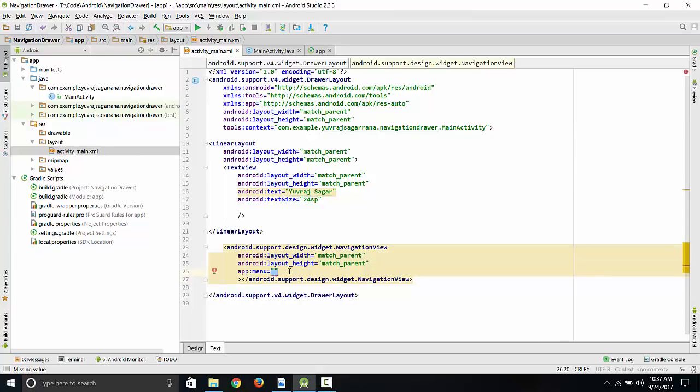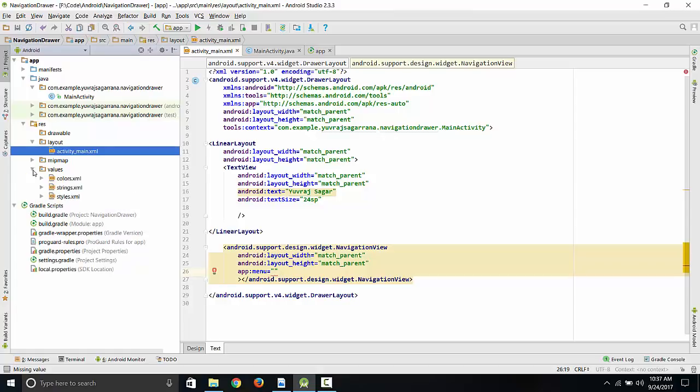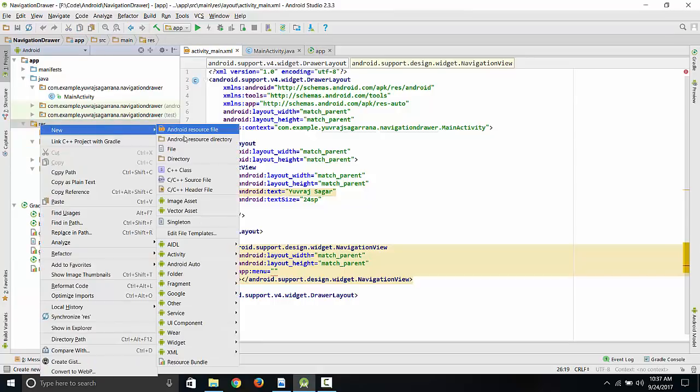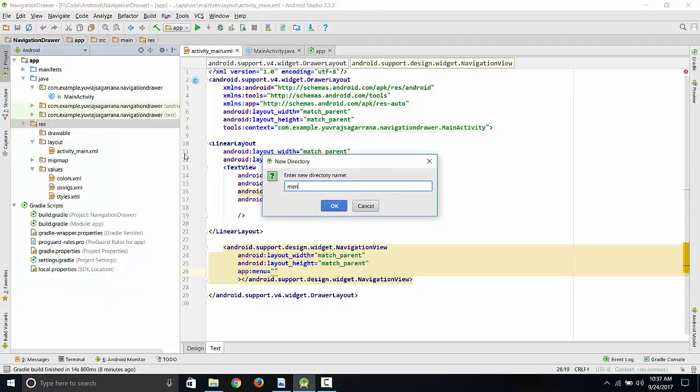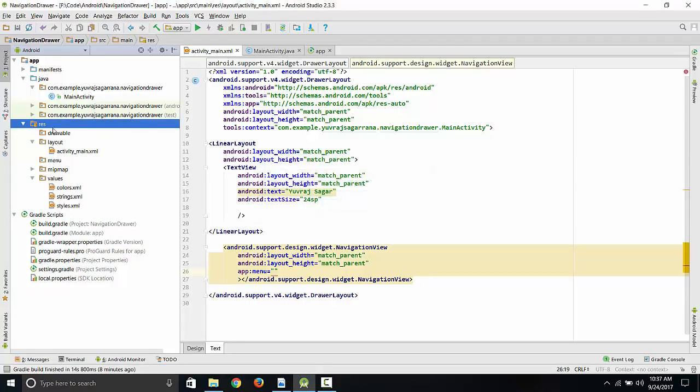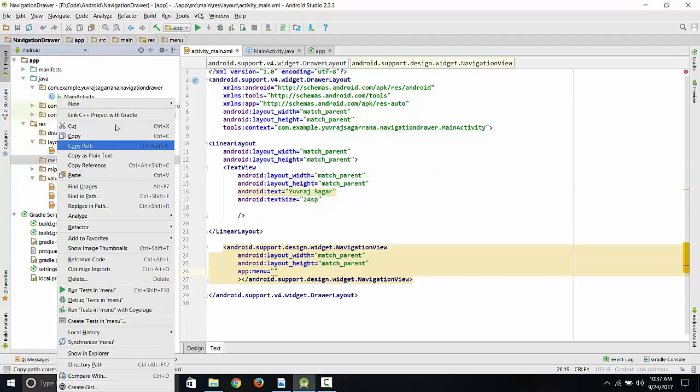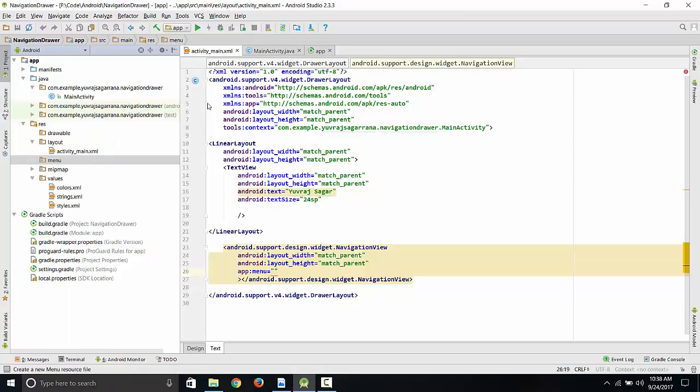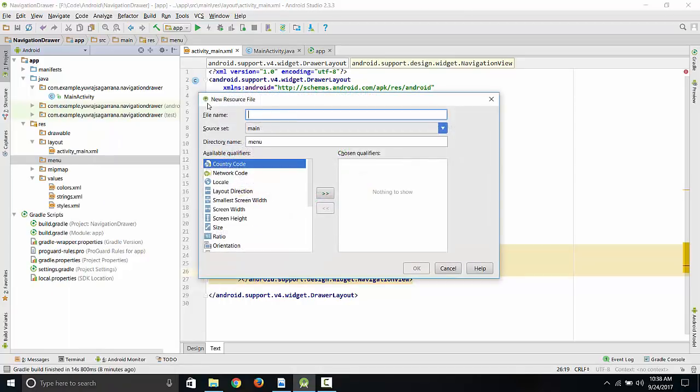Now what is a menu? A menu is what we use to show the items that the user may click. So we have to make a menu. First of all, I'll create it, and then I'll describe it again so that you can understand more easily. In the resource file, just create a menu folder, that is a directory. Inside the menu folder, we have to create a resource file for the items,